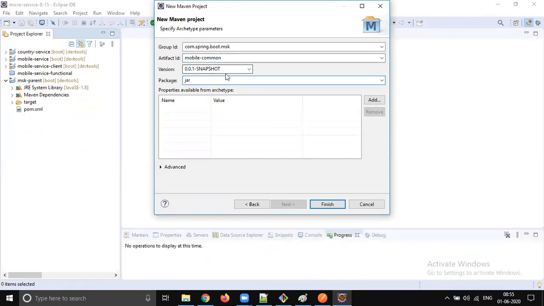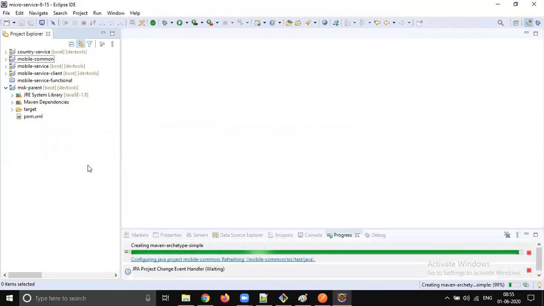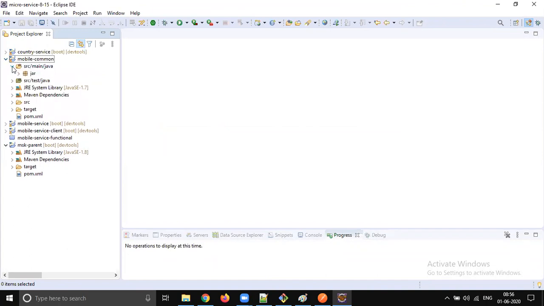Let the version be 0.0.1-SNAPSHOT. Finish. Yeah, the common project is created.